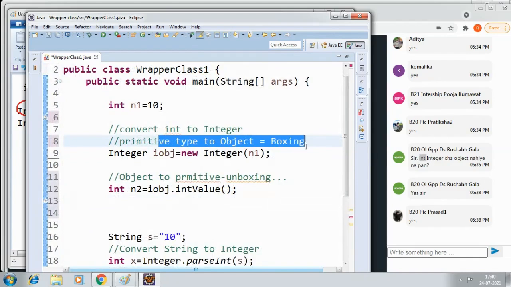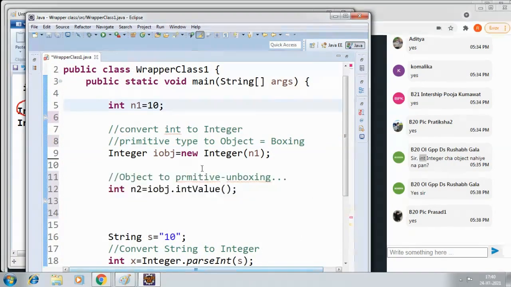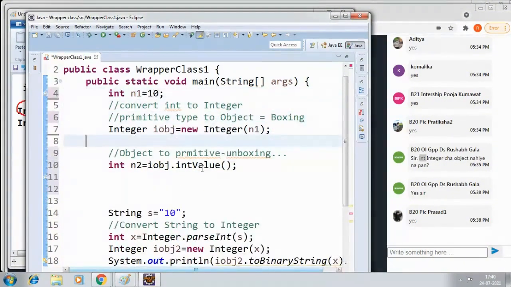So this concept is called as boxing. This concept is called as unboxing. तर ही फक्त एक कन्सेप्ट आहे रॅपर क्लासेसची. जस्ट रिमेंबर दिस. पुढे आपण खूप ठिकाणी वापरणार आहे. ओके,